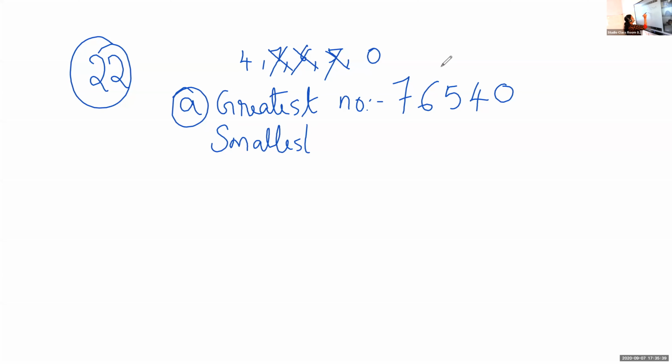And we also said that we cannot take 0 in the beginning, the smallest number. So we have to take the next smallest number. Look here, this number is in decreasing order, and we cannot write 0 in the beginning. So what will we write? 4, then 0, then 5, 6, 7. Backwards we can write 5, 6, 7. Okay, now all the children, I want you to find the difference alone.